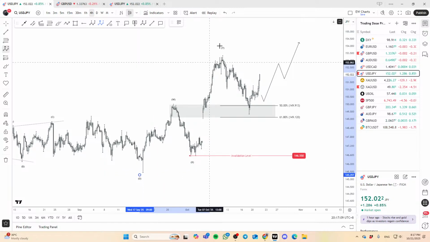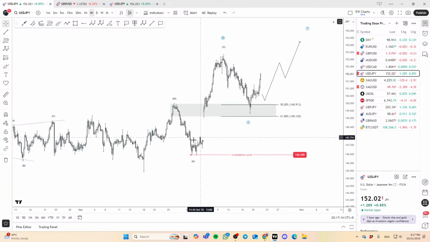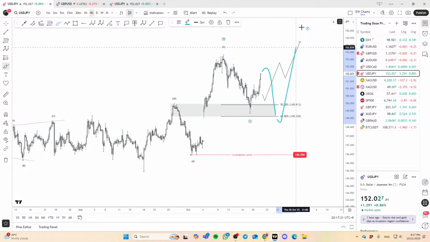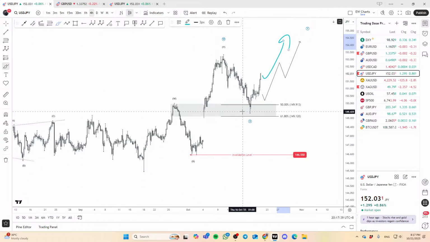So I've put a label here on the larger degree structure. This would be our X, right? Now, bear in mind, the market can still come back down like this before popping, and then the X would just be shifted here. Yes, very, very possible. But at this current price development, this obviously looks like an impulsive leg now. So based on what we're seeing now, we are expecting more upside from here, right? And temporarily, we'll be looking at this as the swing low that has